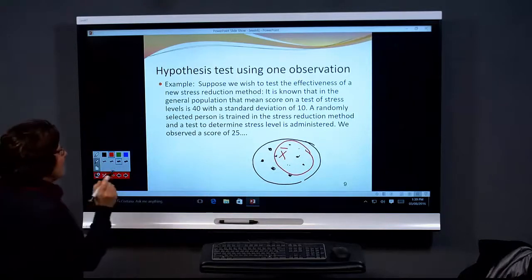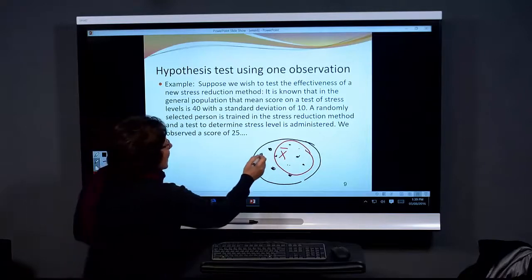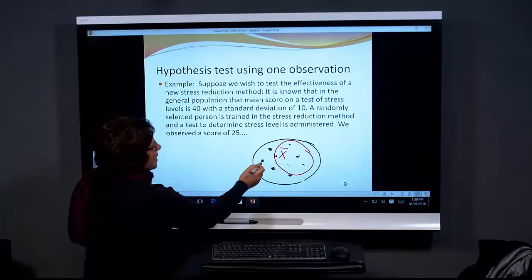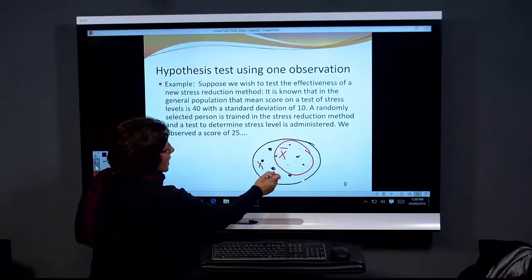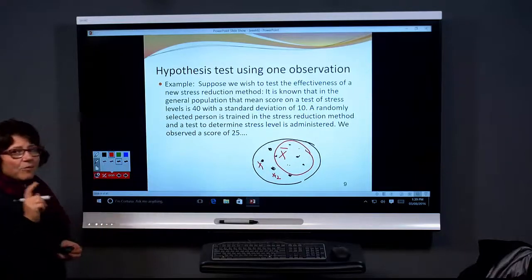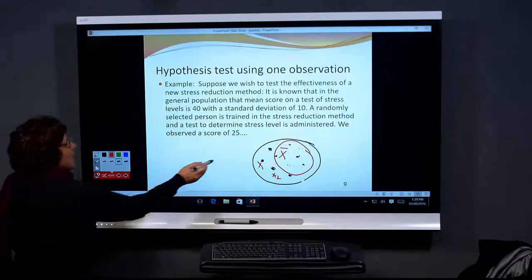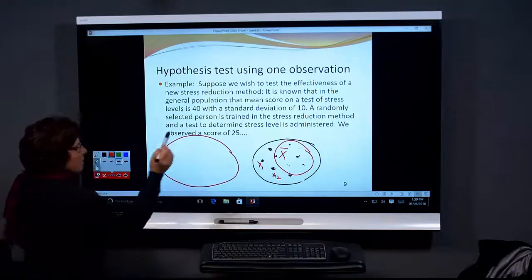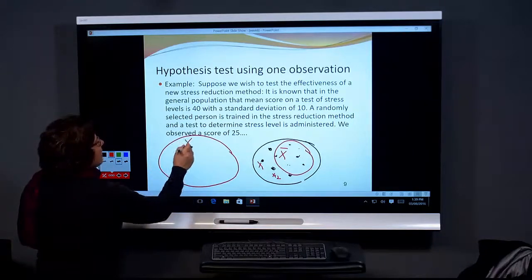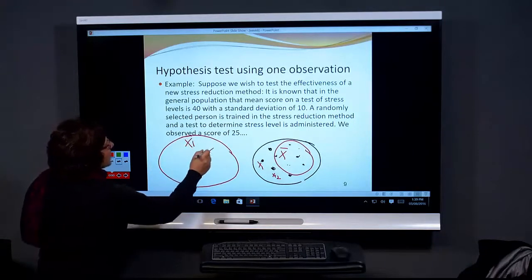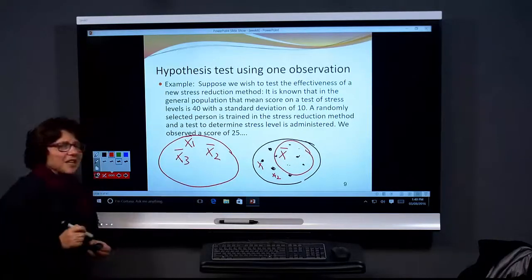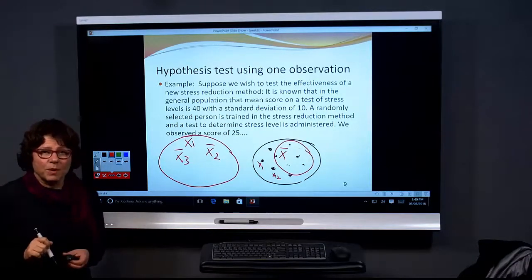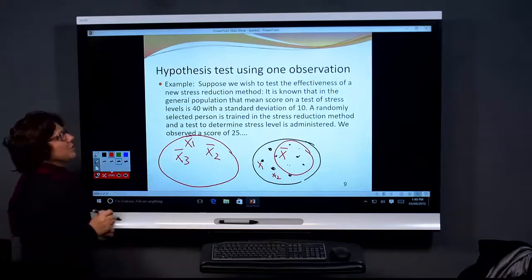Remember that we can have x1, x2, but now imagine the same population, but then we have x bar 1, x bar 2, x bar 3. So imagine if we have thousands of x bars,